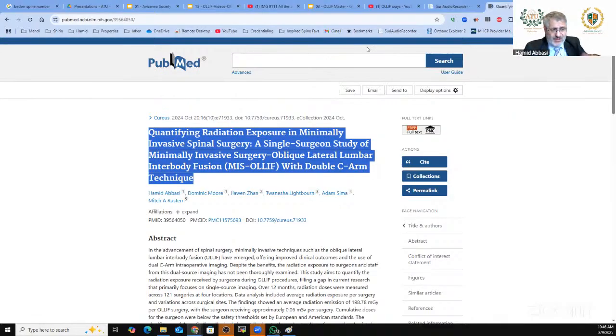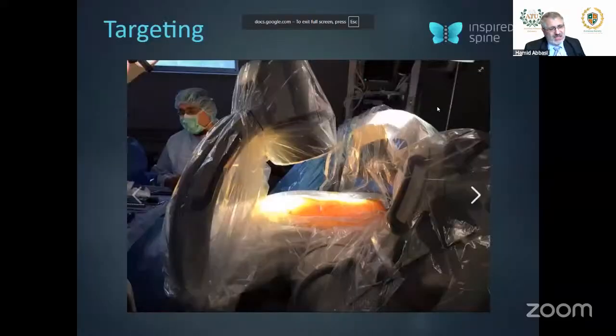But there should be a lot of effort to even make it better. That's not good enough. Additionally, what I need you to understand is that the machines you're using today are not machines from the 1980s. You have image intensifiers, and they use like 1/200 to 1/300 the amount of radiation. As a matter of fact, in the United States, the rule is if you are 6 feet away from the source, 6 feet is 2 meters, actually less, you do not need the lead apron. This is what their recommendation is. So we are not using the same machine that used to produce a lot of radiation, but still we have to be conscious about it. No question.